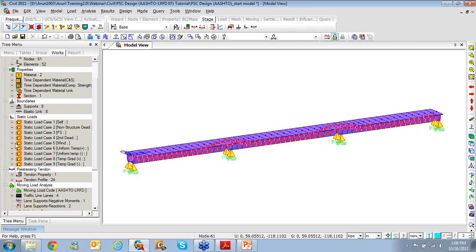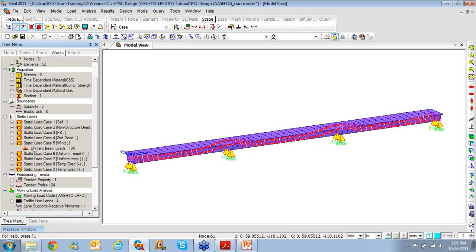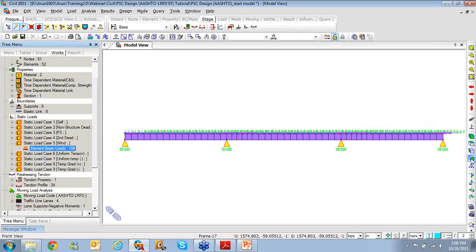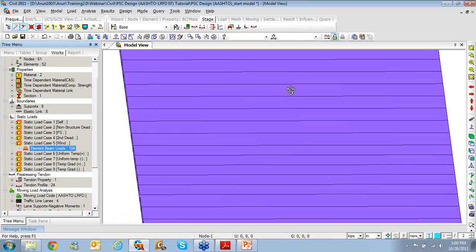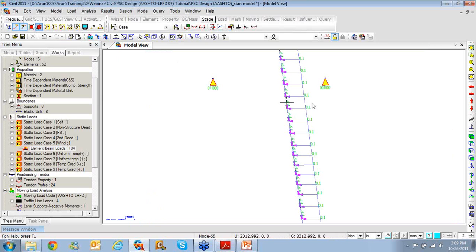And let me show you the wind loads that are applied onto the structure. So you can just right click, go to display. If I go to the side view, you can see that there is, let me rotate it dynamically. So you can see that there are two loadings. One is the axial, the transverse loading, and one is the moment, which is coming due to the lever arm